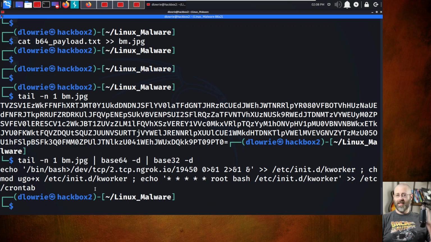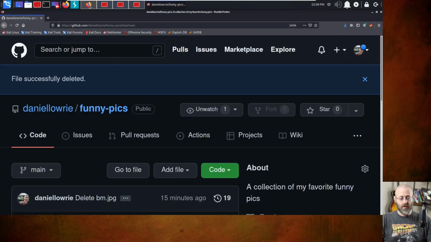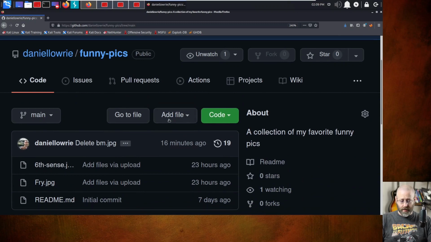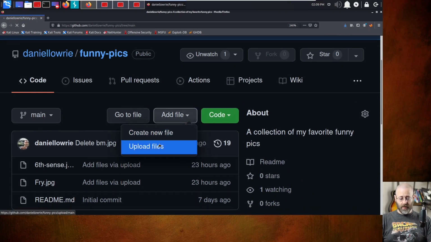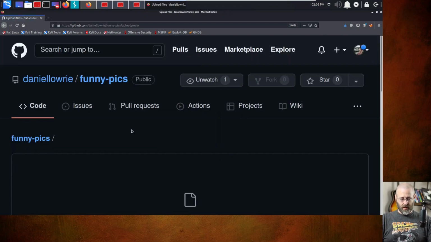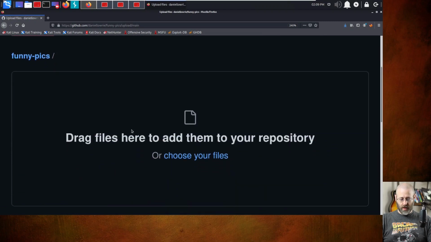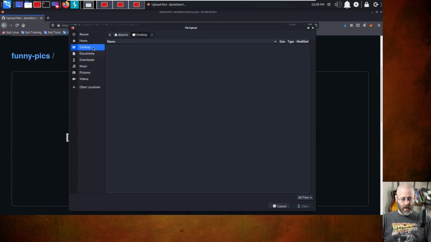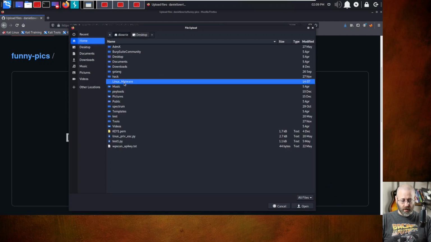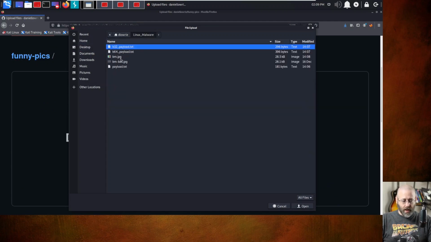And look at that. There's our payload in all its glory, and it is inside of a JPEG. Now, what do we got to do next? Well, we got to upload this monkey into, what is this? GitHub. Yes. My brain blanked out on me for a second there. All right, let's get this in here. So we add a file, upload the file. This is fun. All right, choose my file. I will go home looking for Linux malware, and there is,